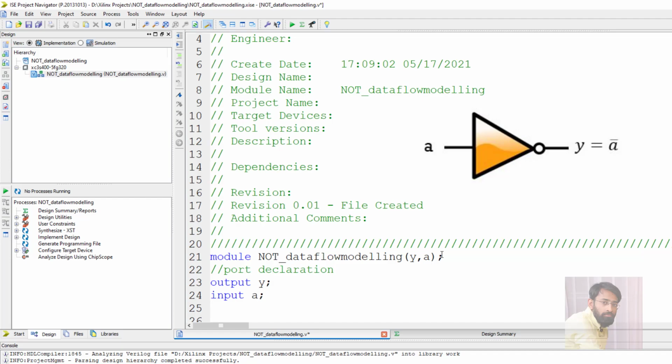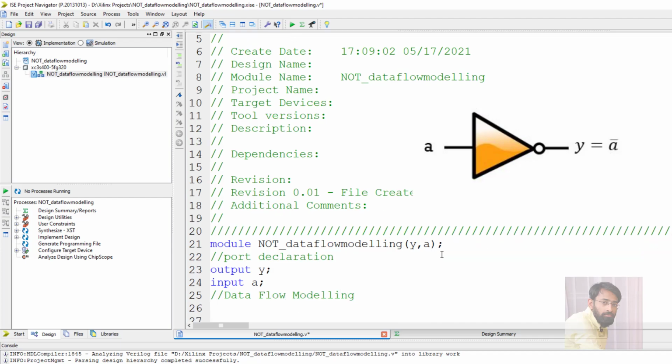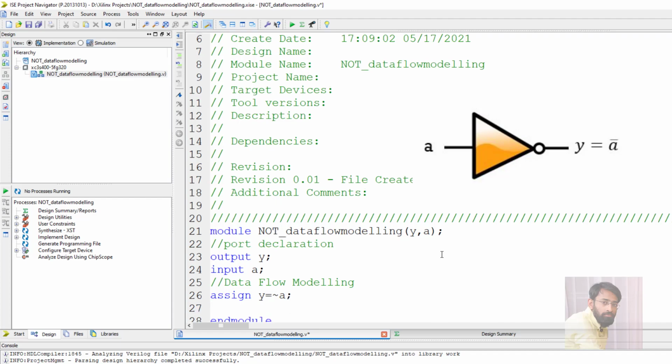Next, as I am writing the code using data flow modeling, a continuous assignment statement should be used. The keyword for this is assign. Directly you can use a boolean expression: y is equal to complement of a. Done.